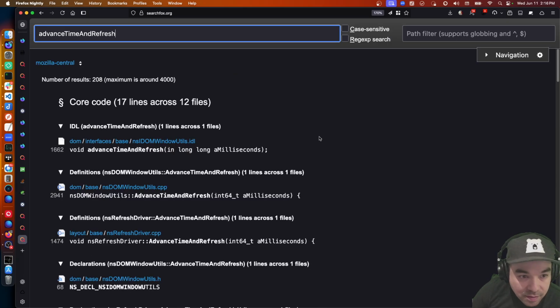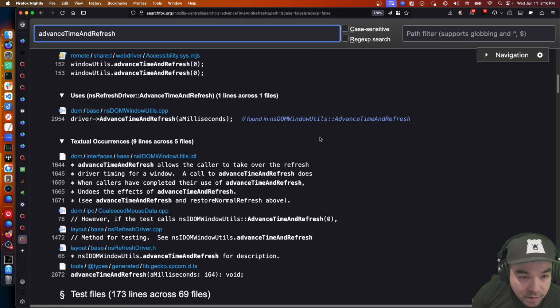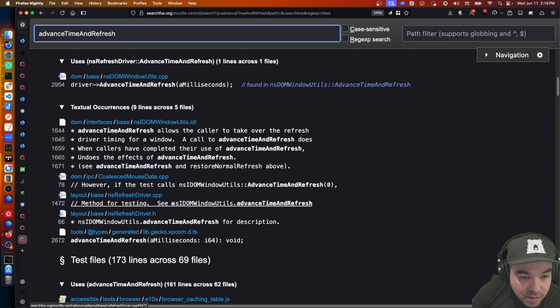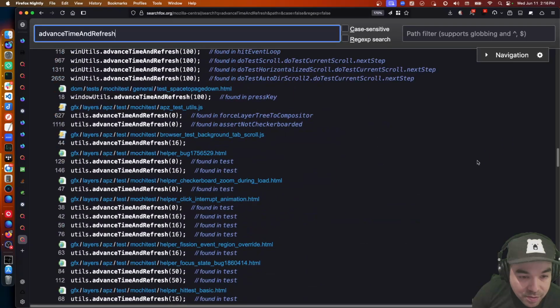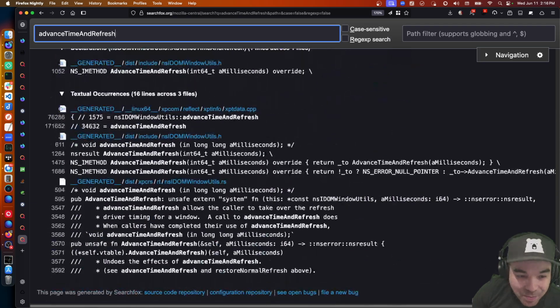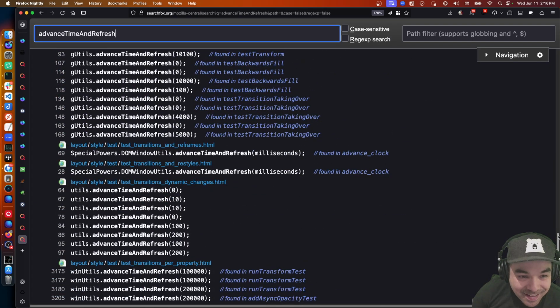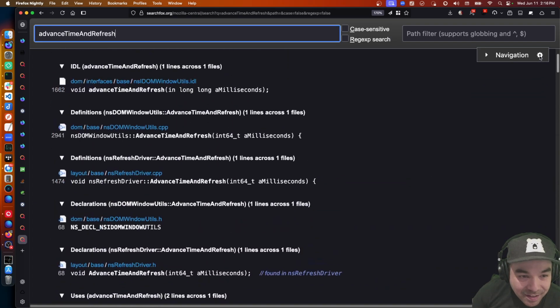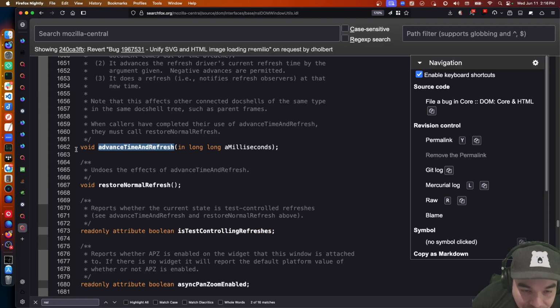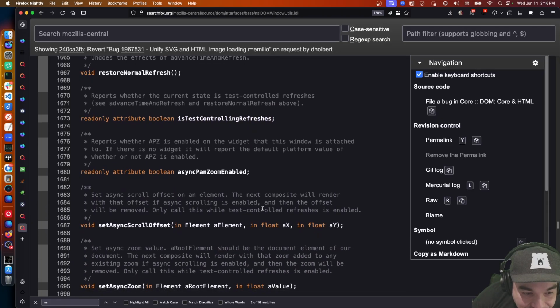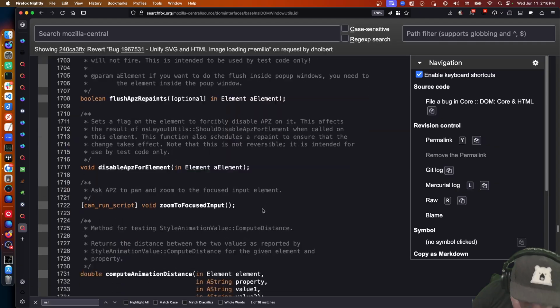Let's look. Yeah, I think this is mainly used for testing. We probably don't want to use this. Reports where the current state is test-controlled refreshes. Yeah, so this is meant for testing. Okay. Should respect that.